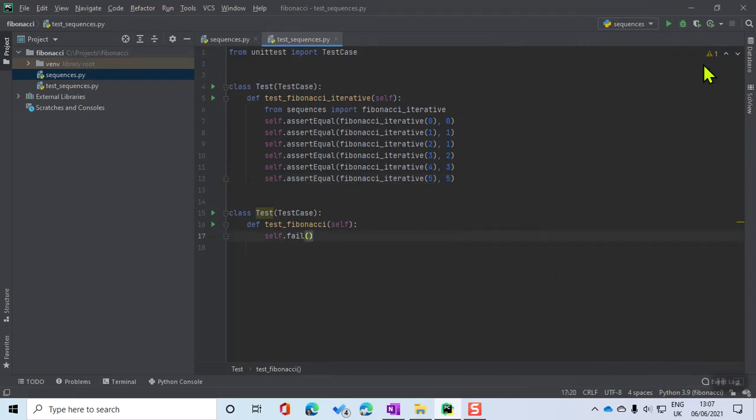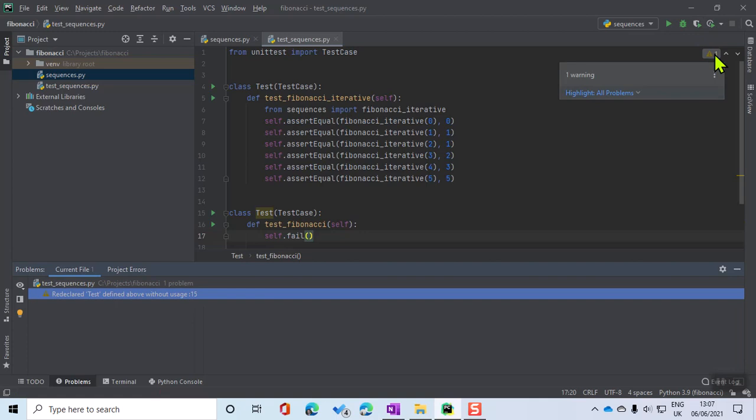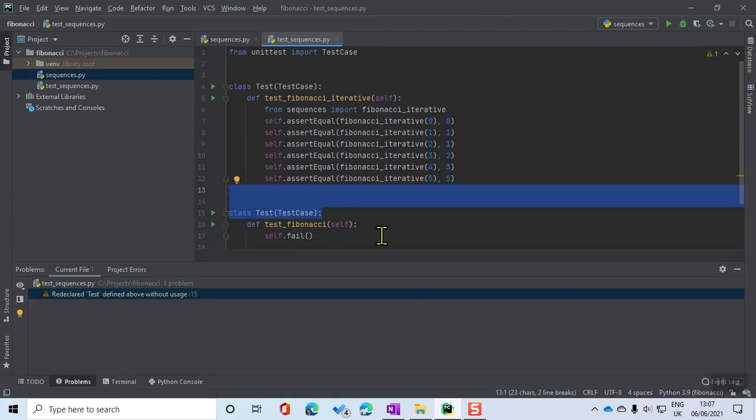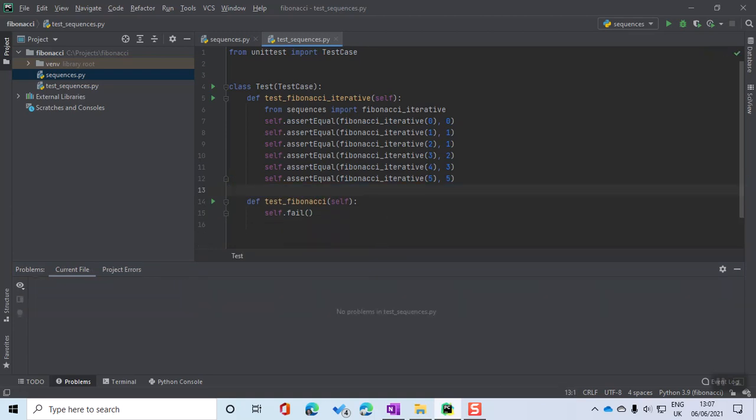And then I suppose there's a warning here. Always check what those are. Tests defined above without usage. Oh, okay. So I've not actually. Ah, right. So as I added those in, that wasn't very good of PyCharm. I'm just going to delete that so it's both within the same class. And I suppose the other thing I could do is when I test Fibonacci, I could just copy that